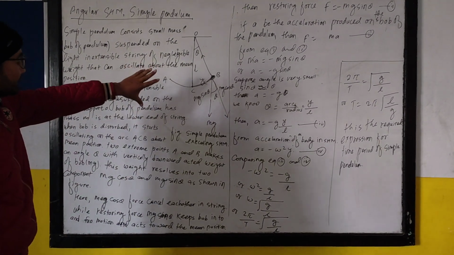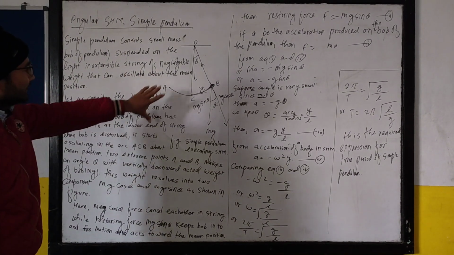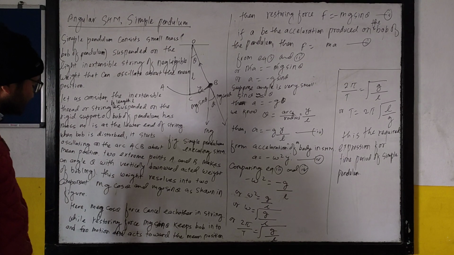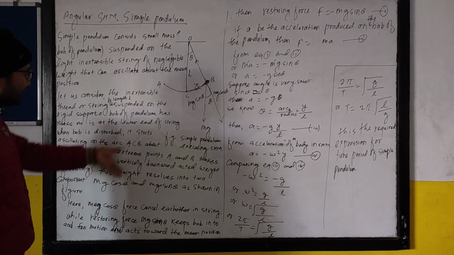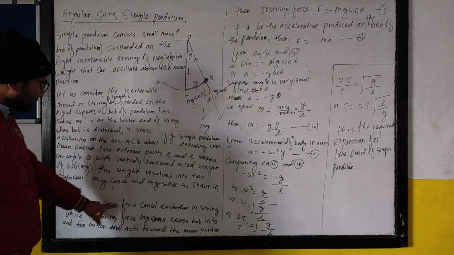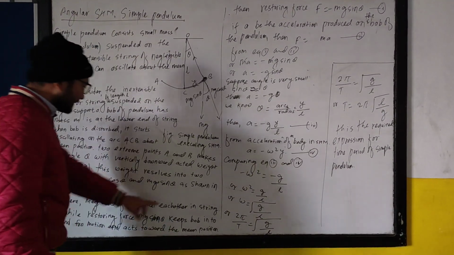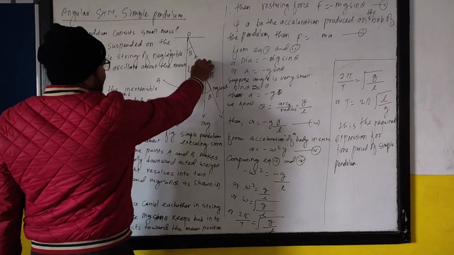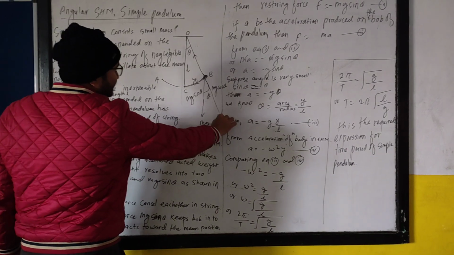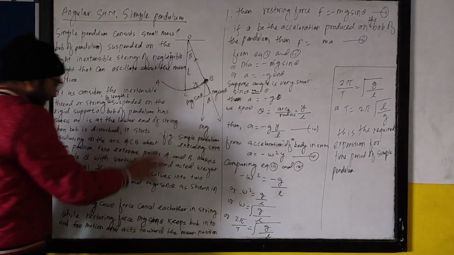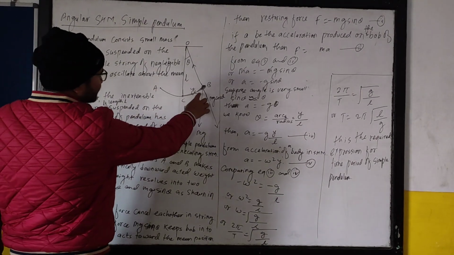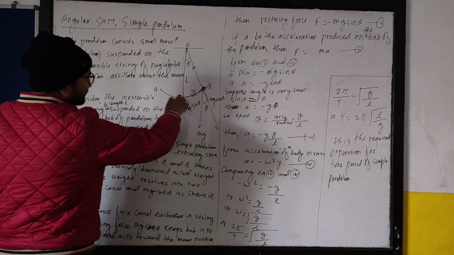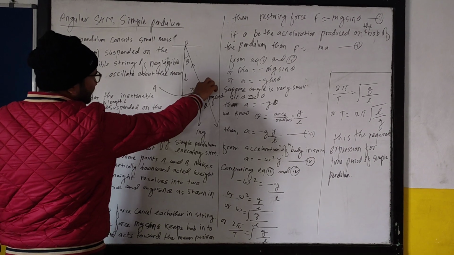What you can see in the figure, I have written in this expression, in this paragraph you can see here, right? Now here mg cos theta cancels in the string. It is in this direction, this mg cos theta is in this direction, which are opposite, so they cancel each other. While the restoring force mg sin theta,